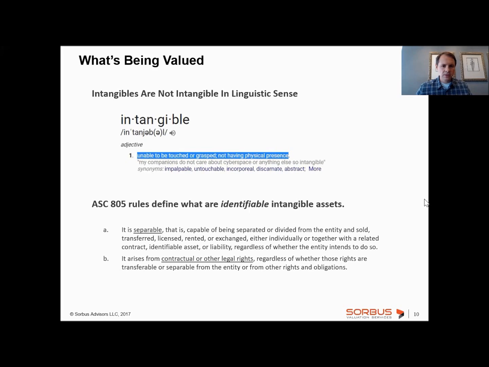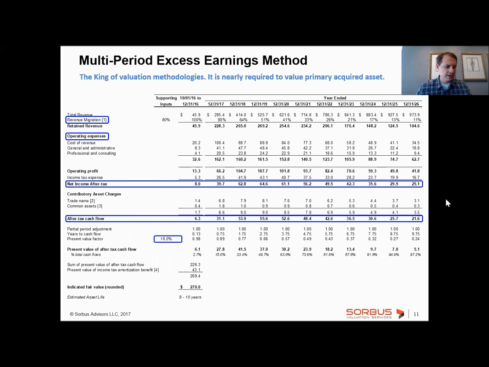So let's go into the first type of valuation analysis for intangible assets. Now, the valuation techniques for whatever you value, doesn't matter if it's intangibles or businesses or derivatives, are separated into three basic approaches: the income-based approach, the market-based approach, and the cost-based approach. The income-based approach looks at the future cash flows and determines the present value of those future cash flows. In other words, what income stream can you generate from this particular asset.